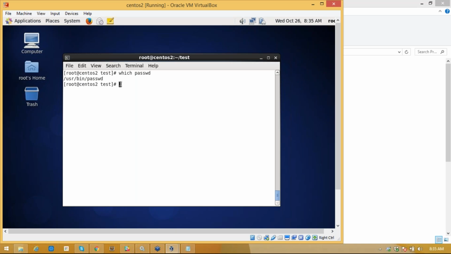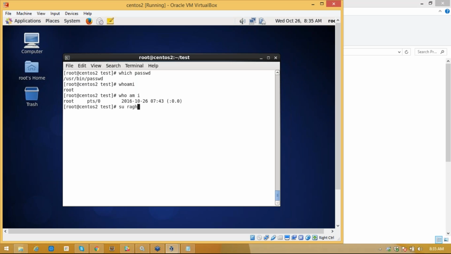If you want to know which username you have logged in with, you can say whoami. If you run this one, it will tell you which user you have logged in as. Suppose you logged in as Raghu and you changed it to root. Now you are root. If you say whoami directly, it will tell you root. If you give a space between them, who am I, it will tell you Raghu. You logged in as Raghu, but you changed it to root now.